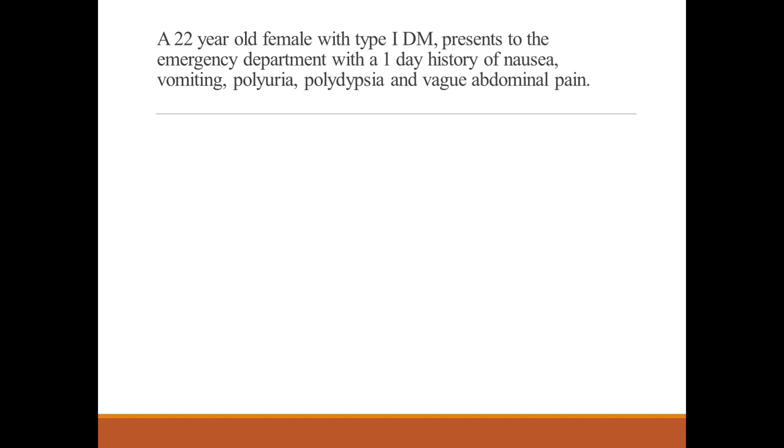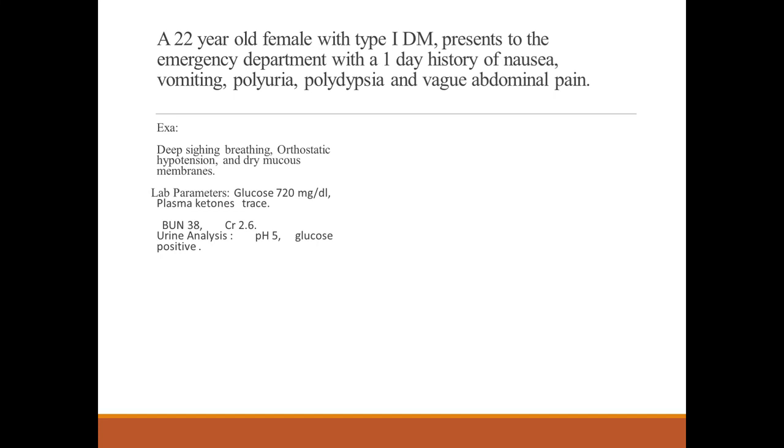A 22-year-old female, type 1 diabetic, came to the emergency department with a one-day history of nausea, vomiting, polyuria, polydipsia, and vague abdominal pain. Each scenario will be discussed in such a way that it suggests a certain diagnosis. The trainees who work in the ward and emergencies come across such scenarios and form an opinion from that time. On examination, deep sighing breathing, orthostatic hypotension, and dry mucous membranes, and the lab parameters show